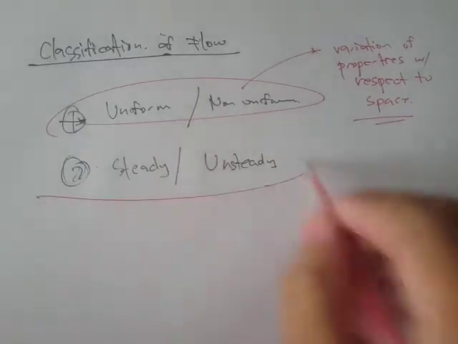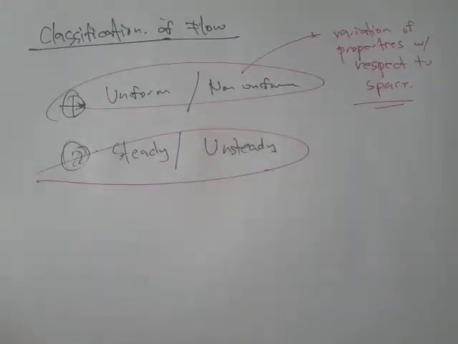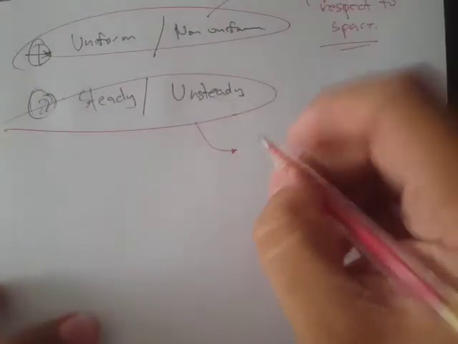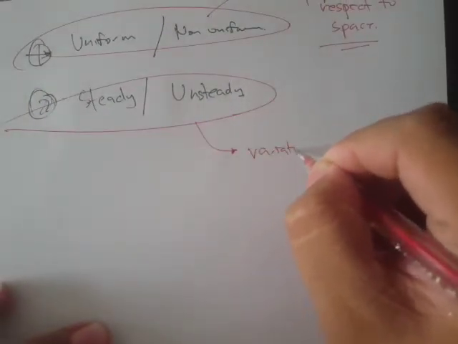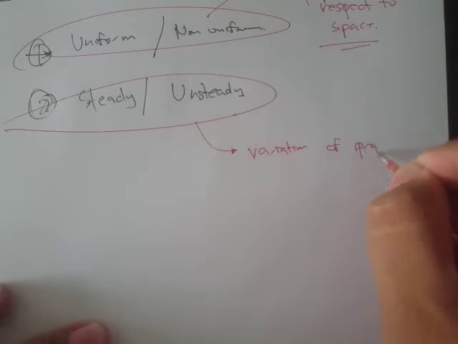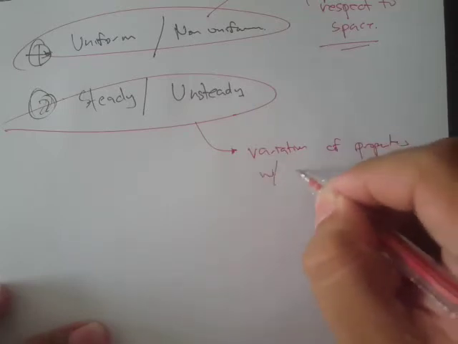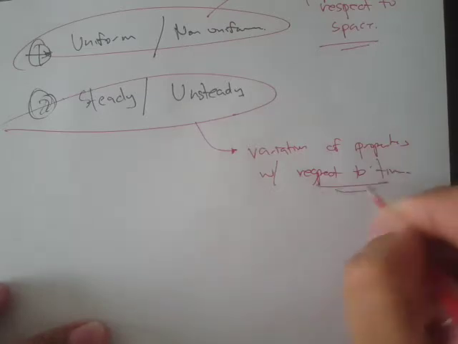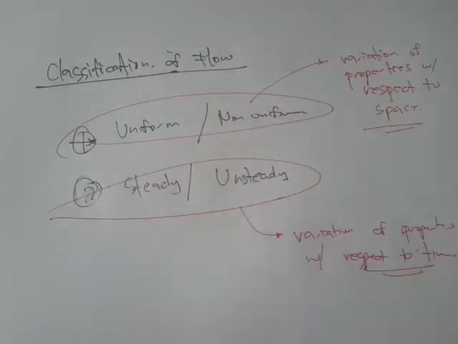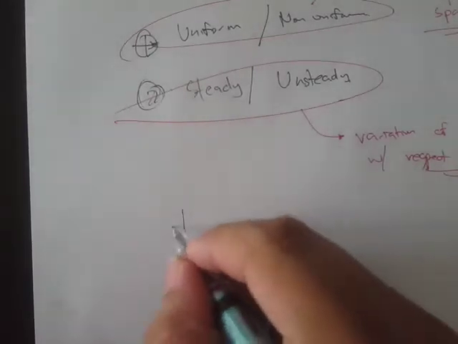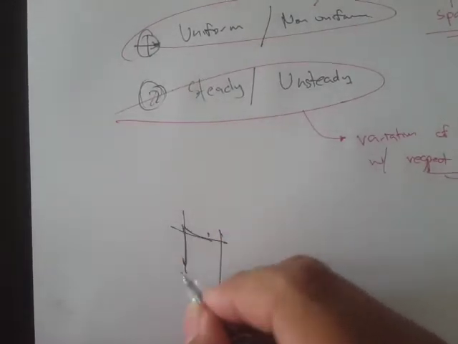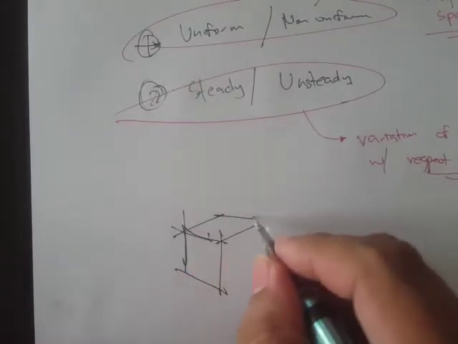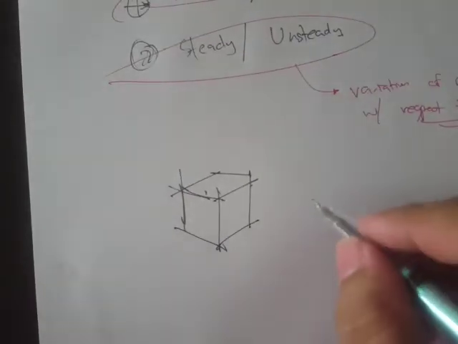Okay, when we say steady, or when we talk about steadiness or unsteady, that refers to the variation of properties with respect to time. Okay, so why is that? Simply because, as we always use in mechanics,